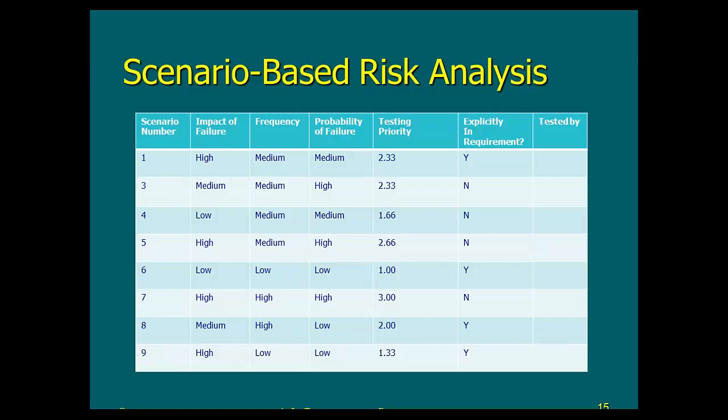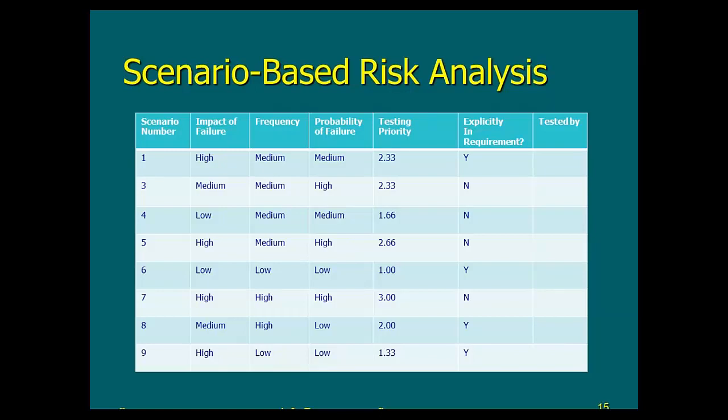So you list all the scenarios for a given requirement here, and you start assigning some parameters here: impact of failure of this scenario, if that scenario were to fail, the frequency of that scenario, how often do we think this scenario is going to happen, and the probability of failure, the likelihood for this scenario to fail in production. And again, this is a process that needs to be explained at length, but I'm just telling you that